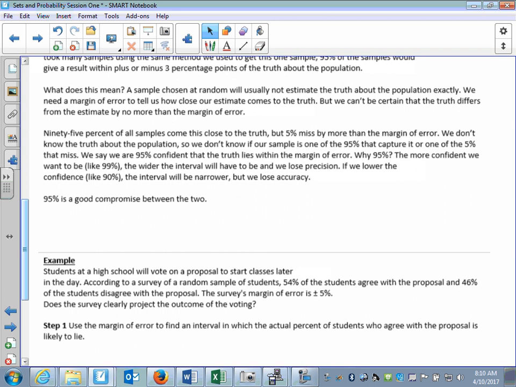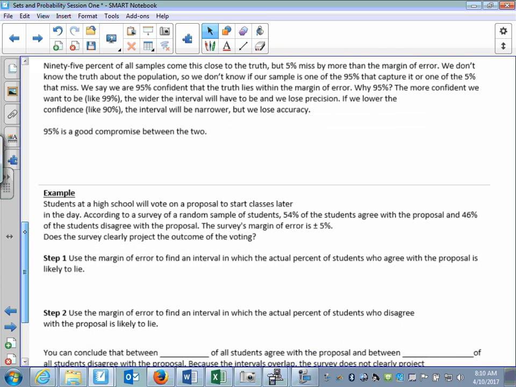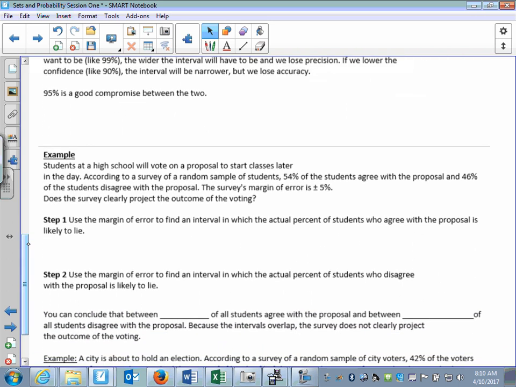And many times it is agreed that 95% is a good compromise between accuracy of prediction and the width of the interval we have. Okay, now